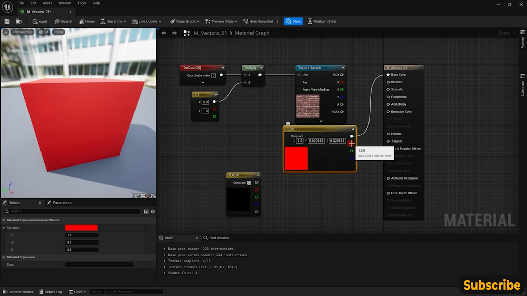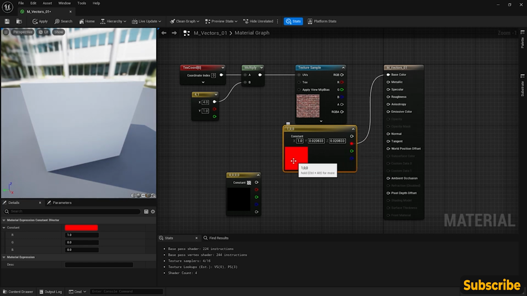So we could also output just one of the components from the vector. And what is that? White. Well, why is it white? Because if we're looking at X, Y, Z, RGB are the same. So X is R, green is Y, blue is Z. What value is coming out of the red channel? Just 1 right now. So if I set this to 0,